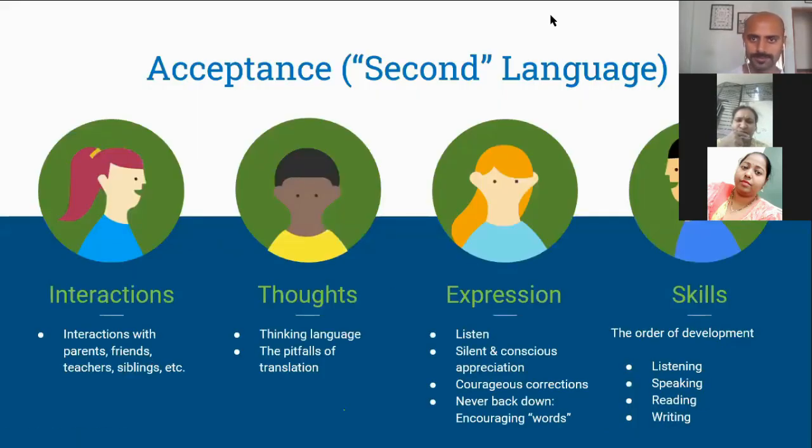Now the acceptance part, that is when you are dealing with a second language. This is more related to a social issue, and language, as we spoke about it, is a communication thing, and communication is always social. You cannot have communication without people or without anybody else reading it, even yourself. So, what are the different things that we do with languages?